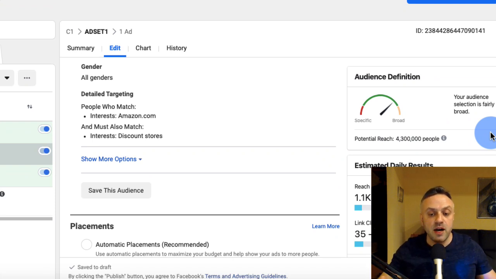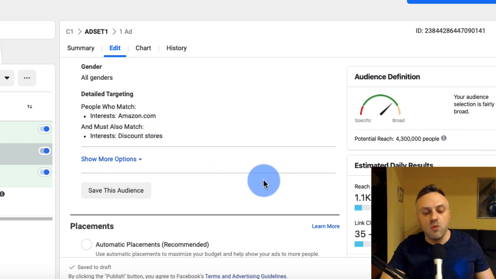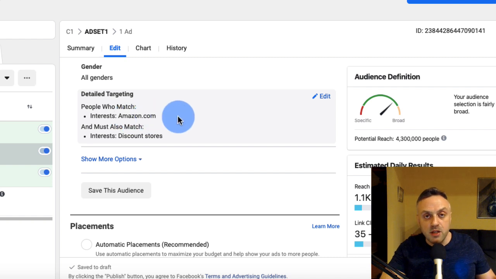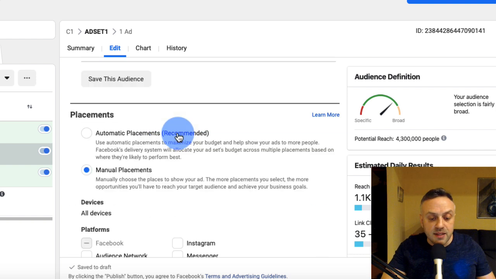Facebook has a better chance of finding the people, because you cannot test it with one ad set. Common sense tells you that these people are going to be in this Amazon.com interest. But with my experience on Facebook, these things always change. We don't really know. It could be different kinds of things. So that is something you have to keep in mind, okay? And that is kind of how you do it.